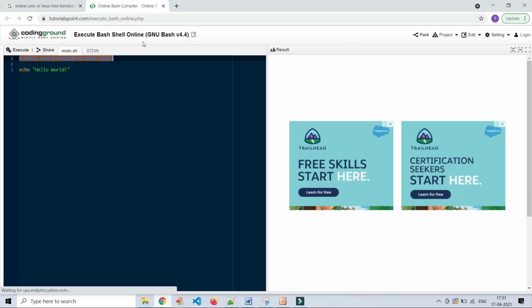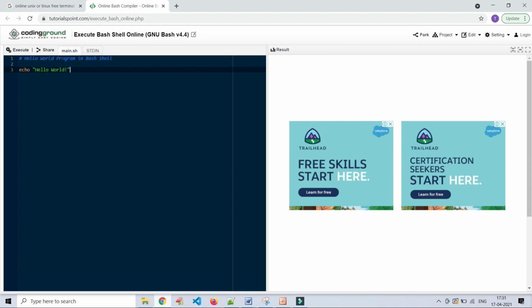Let's try the Tutorials Point terminal. Just reload. Yeah, here. See, they have simply provided one screen for us to enter our commands or shell script, and we can see the result here.